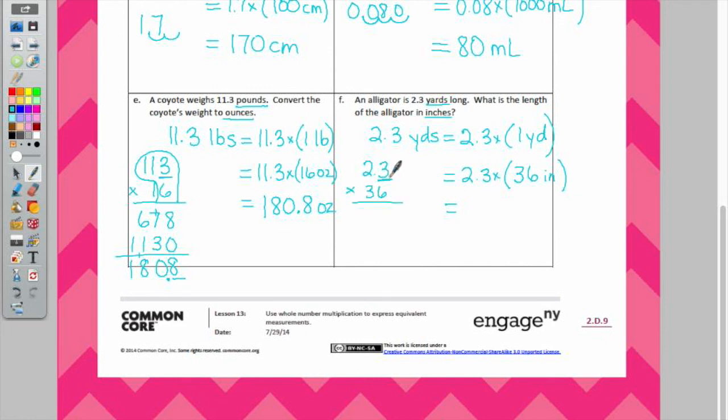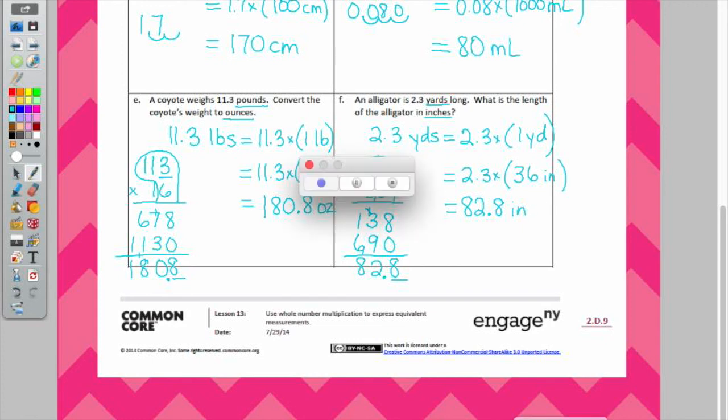What's my place value I started with? The tenth. Thank you. Okay, looks